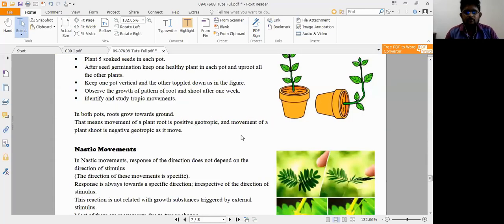Accordingly, you see in both pots, roots grow towards the ground. That means the movement of a plant root is positive geotropic, and the movement of a plant shoot is negative geotropic as it moves. So we have discussed these tropic movements. We are coming to the next